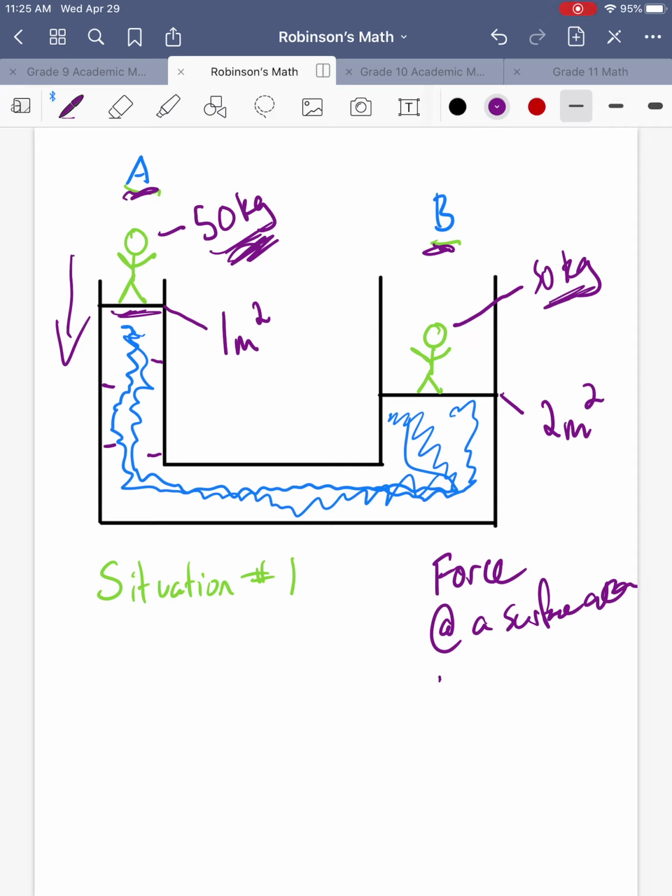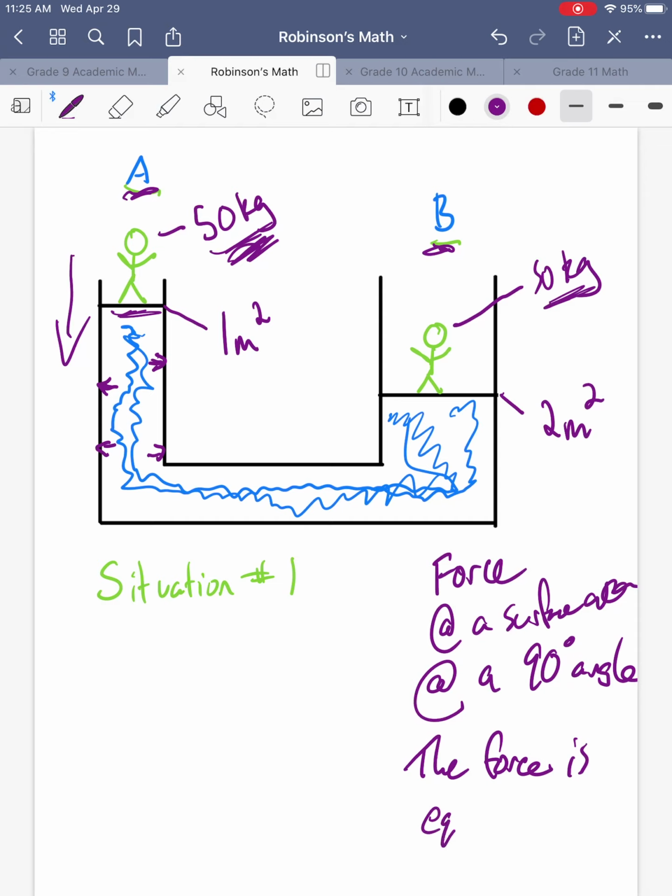And we know that the third part of the definition of pressure is that it's at a 90-degree angle, and you can see that it's 90 degrees to there, 90 degrees to the side. And the last part of the definition of pressure is that the force is equal